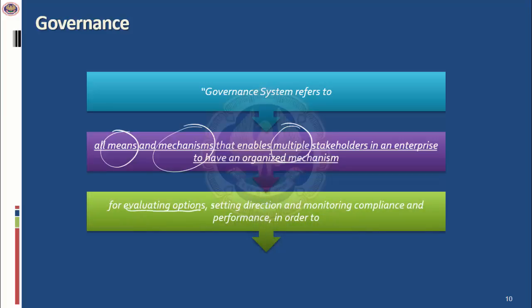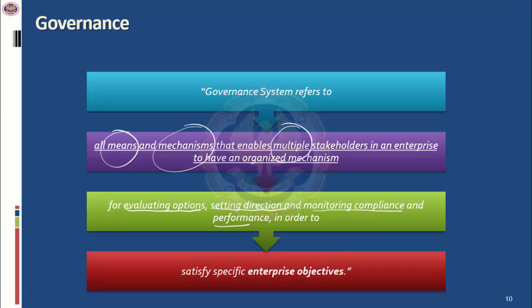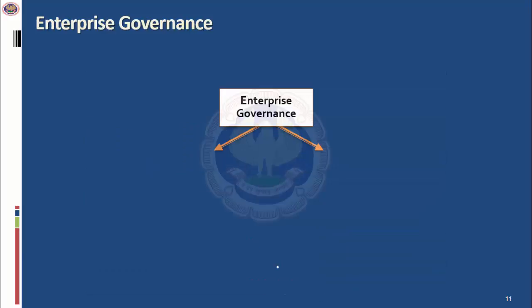There are multiple options, more from the point of strategy as to how the enterprise should deploy its resources, what goals to achieve. So the top management, the board of directors will set direction. Not only set direction, they'll monitor the compliance with the direction and also monitor the performance. And primarily the focus on the enterprise objectives. Now, if you look at the word governance, most of the cases, you'll have this underlying theme: enterprise objectives, value delivery, direction, and control.